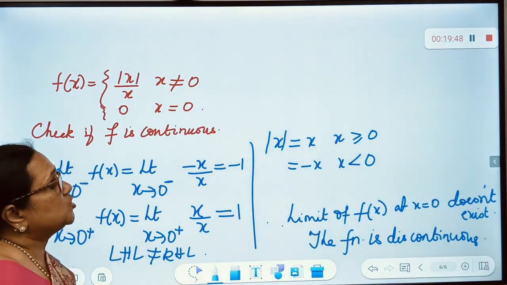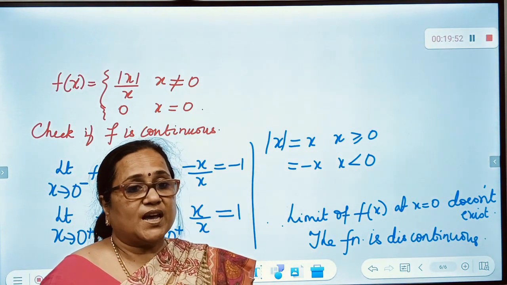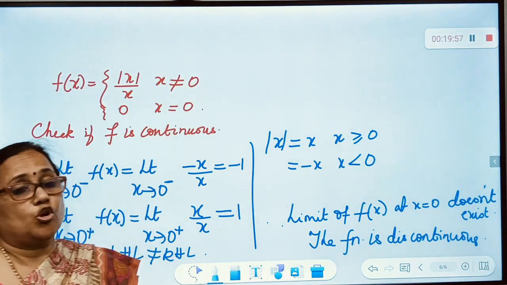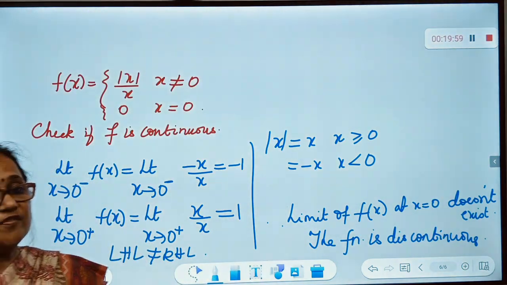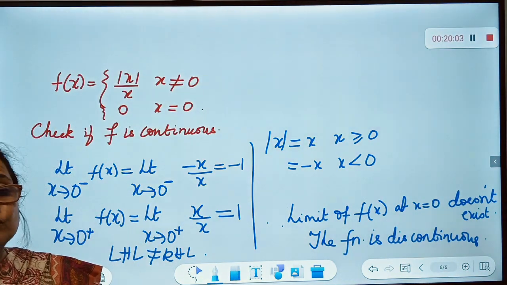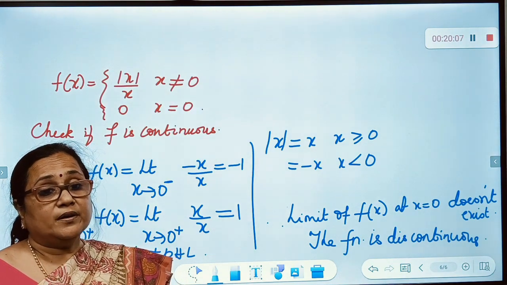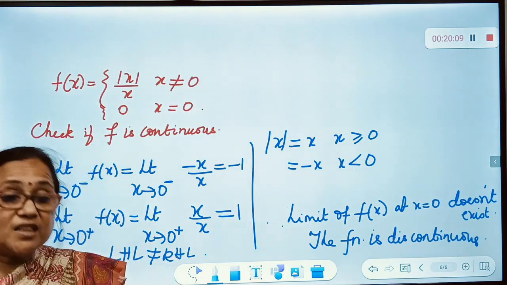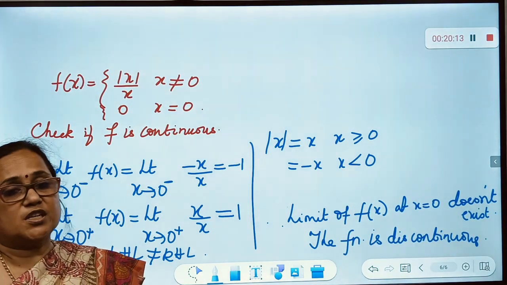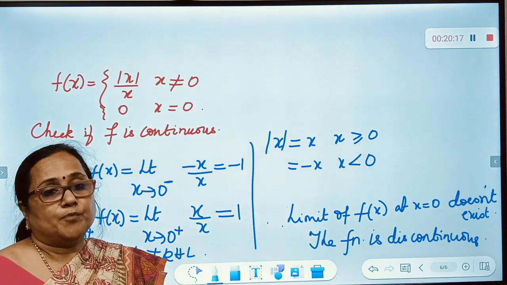I hope you understood the notion of continuity. A continuous graph does not have any gaps, so that is how you have to imagine it. You also have to imagine how continuous functions look. And when you look at the formal definition, we have to prove that the limit exists and is equal to the value of the function at a particular point in order to claim that the function is continuous at that point. If you have understood these two concepts in your mind, then it is very easy to solve problems.